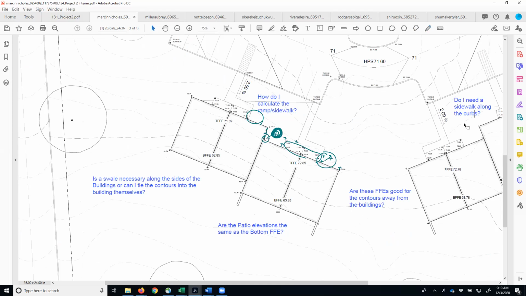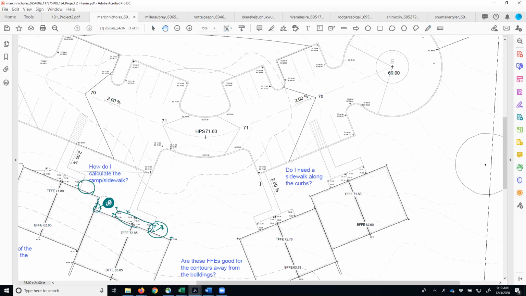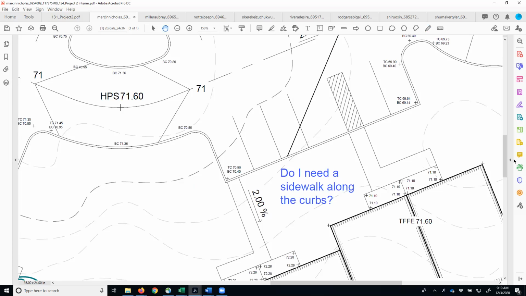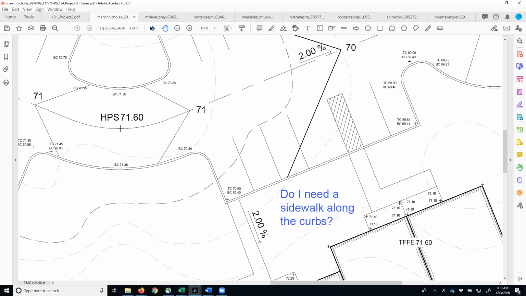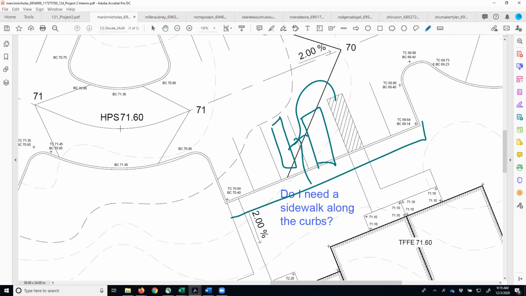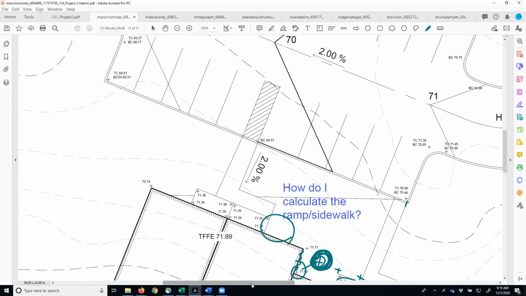Let's see. Do I need a sidewalk along the curb? I think everyone needs a sidewalk along the curb. And the reason is that otherwise people have to get their feet wet to get to these walkways. So if I pull my car in right here, and half the time it works and half the time it doesn't. If I pull my car in right there, then I get out of my car and someone's parked right there. Either I have to walk out in the road or I have to walk across the grass. So I think everybody should have a sidewalk right there, just as a courtesy to the folks that are living here. And likewise, a sidewalk